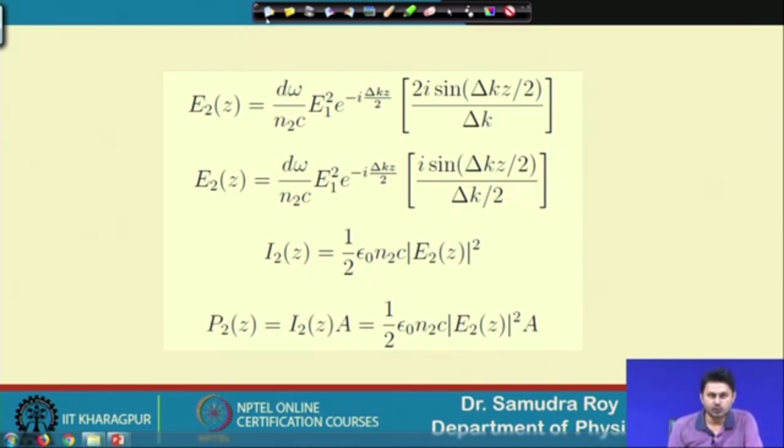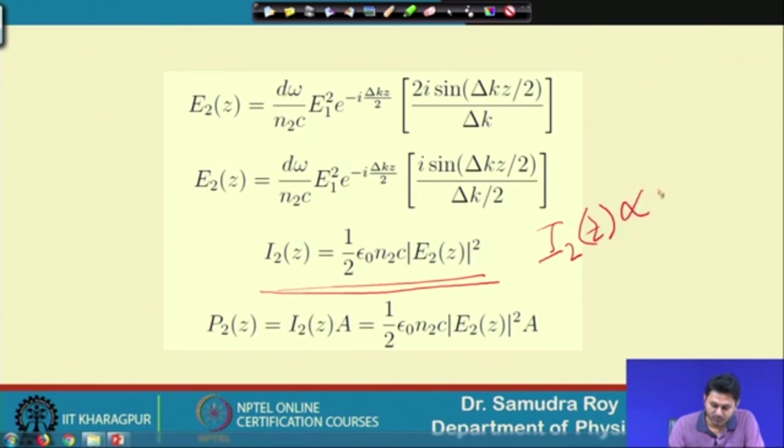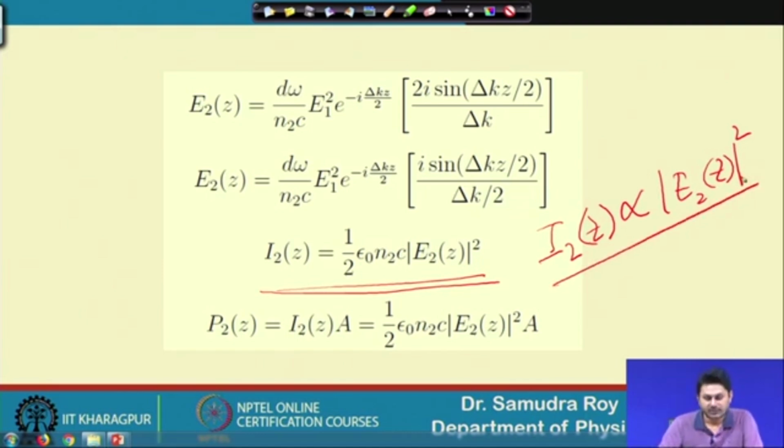So, after having E2, the next thing is that if I know my second harmonic field, which is E2, what should be the value of its intensity? Intensity is nothing but a half of epsilon 0 into c times the mod square of the field. We are using this expression several times, so you should remember the relationship. We know that I2, which is a function of z, is proportional to mod of E2 of z squared, so we can readily find out the corresponding